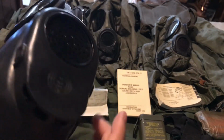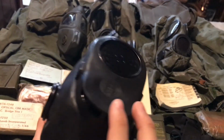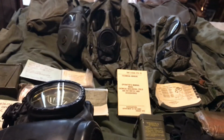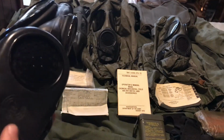And yeah, this outlet valve cover is made in, let's see, that is January, February, March, second week of April 1965 by MSA. For some reason, the outlet valve cover was replaced on this one. I'm not sure why that is. I believe there was some sort of problem with the earlier outlet valve systems, because I've